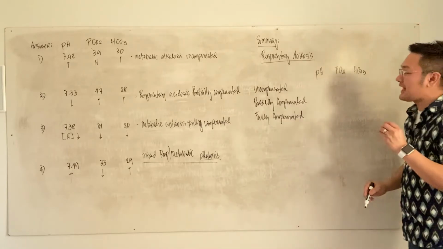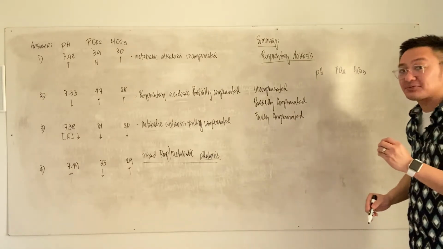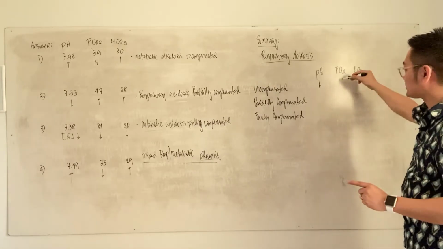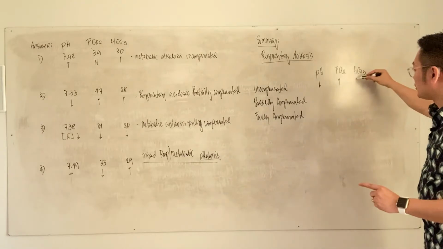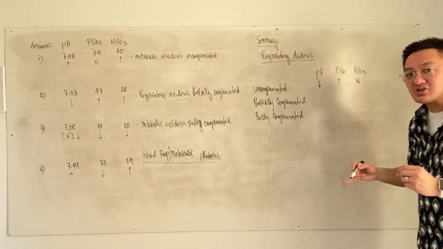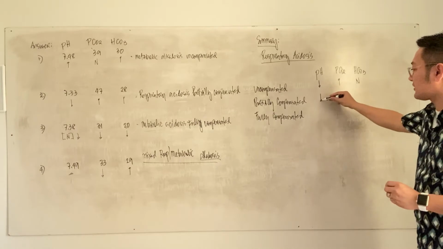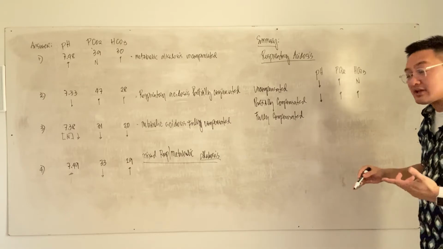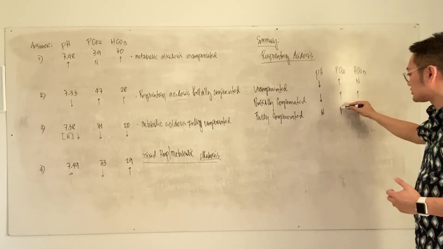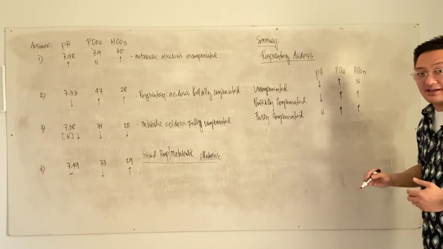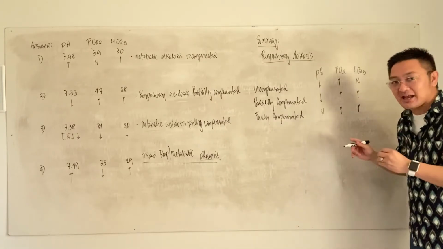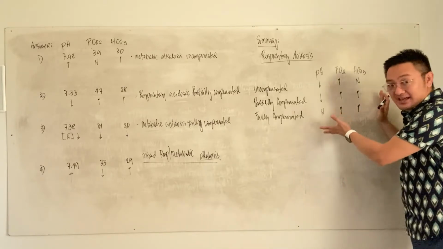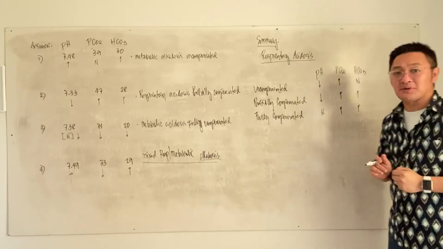If it is respiratory acidosis uncompensated, you will have a decreased pH or low pH, increased PCO2, but normal bicarbonate. If it is partially compensated, you will have a decreased pH, high PCO2, and high bicarbonate. If it is fully compensated, you will have a normal pH, with PCO2 and bicarb elevated. Okay, if you're able to understand my explanation from the previous video clip, you will understand this. Let's try to discuss respiratory acidosis.